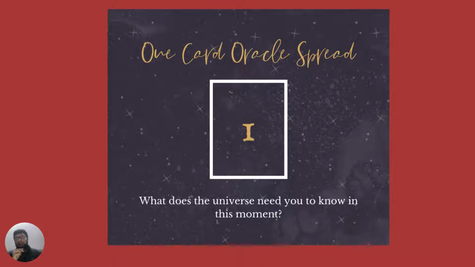So our first spread is the single card spread. See, single card spreads are sometimes also used in yes and no tarot. Like there are certain cards which are very positive and they signify a yes, and there are cards which signify no. So it is also used if you want to get a very quick reading of something, you can just select only a single card. And you have to then relate that card to the query.